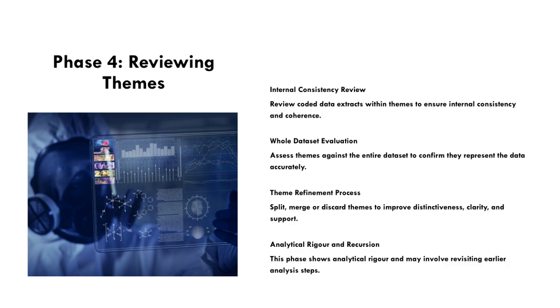Then, we step back and evaluate the themes against the entire dataset, confirming that they accurately represent the broader picture of our data. During this process, it's common to find that some themes are too broad, overlap with others, or don't have enough supporting evidence. When this happens, we may split a theme into smaller parts, merge similar themes, or sometimes discard those that just don't hold up. This refining stage is crucial because it helps to sharpen the distinctiveness and clarity of our themes,